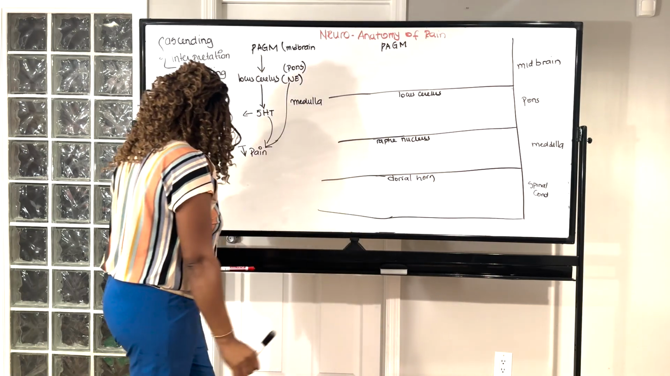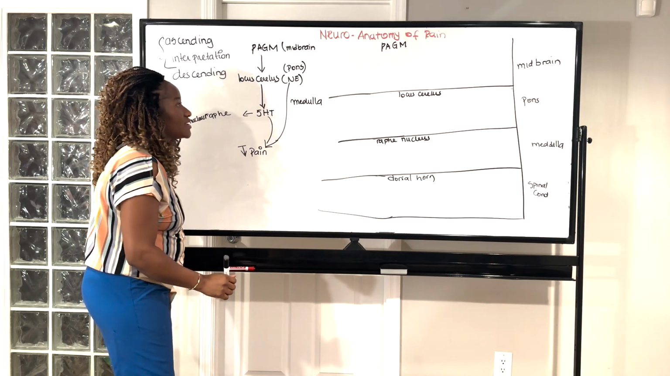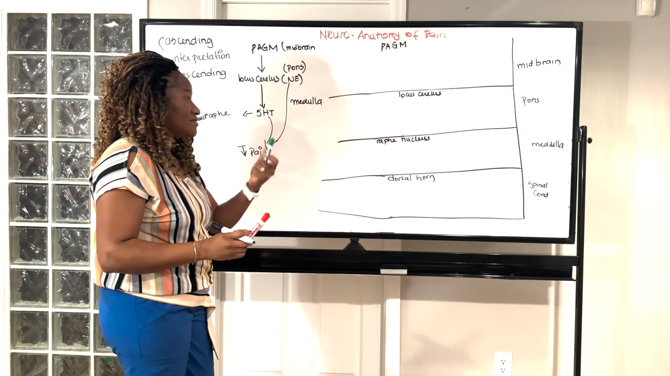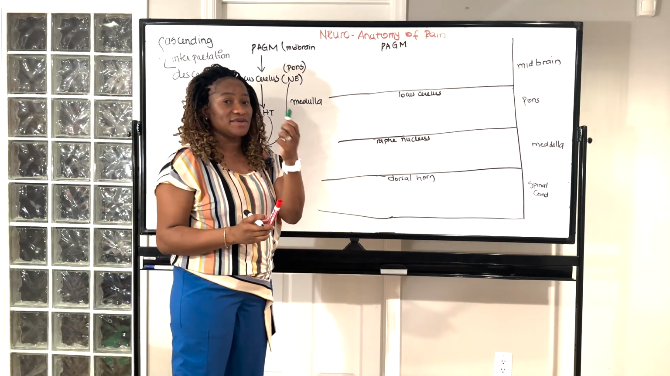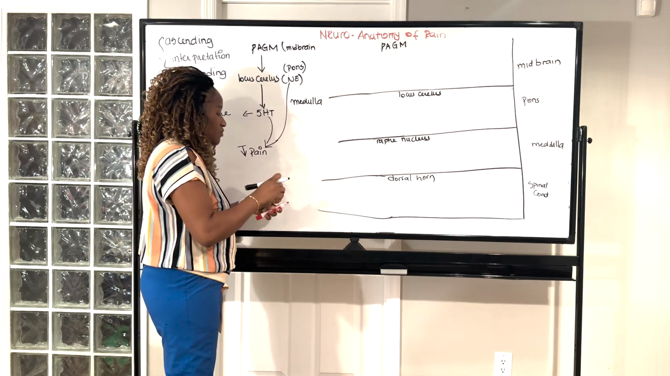So how is this descending pathway going to work? I'm going to color code it so we know the pain is going to be in red and the inhibitory portion is going to be in green. So let's see how all this works. We saw that when we